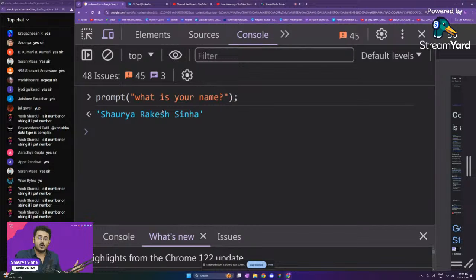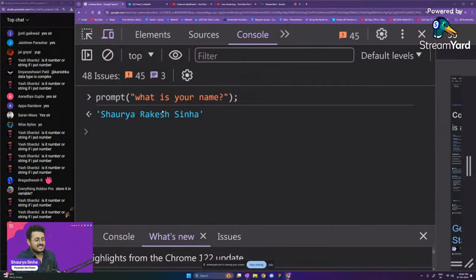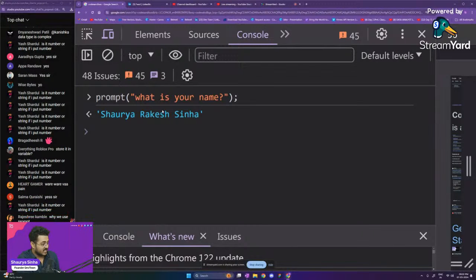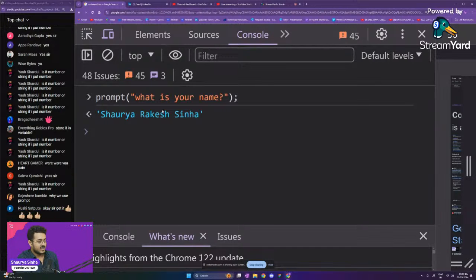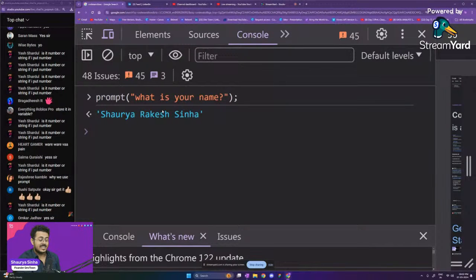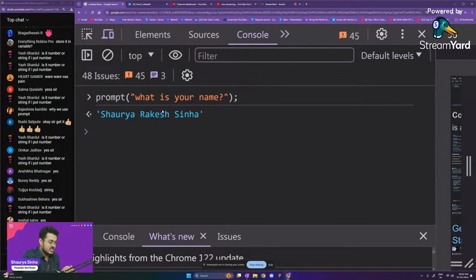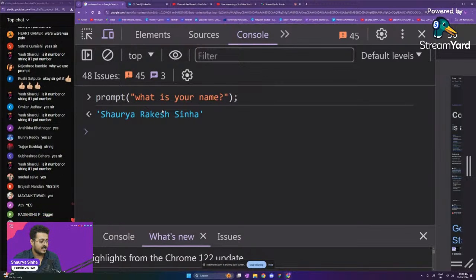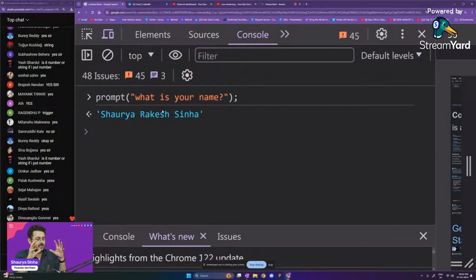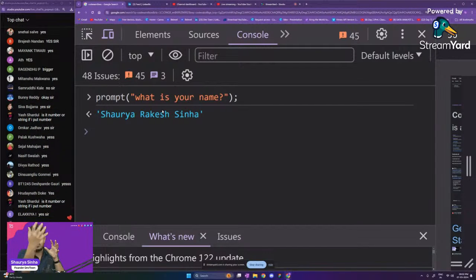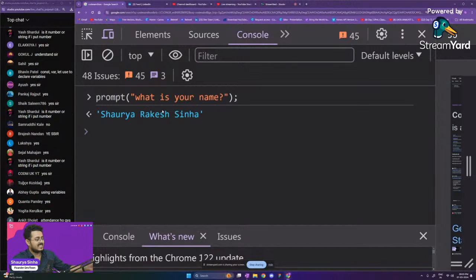So what do we want to do? We want to get some gloves. We want to get a box. We want to catch that particular answer and store it inside of a box so that we are able to use it again. Are you able to understand this? Now, how are we supposed to do that? By using variables. We're going to create a variable, and whatever was thrown towards us, we're going to save inside of the variable so that we are able to use it at a later point of time.